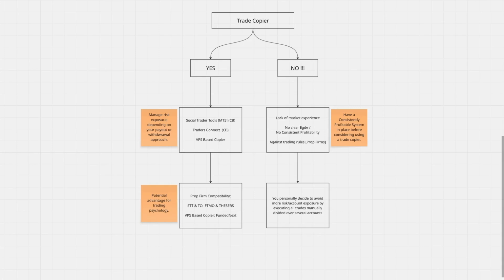I personally trade personal capital on a smaller amount that copies to funded accounts with FTMO, the Fivers, and Funded Next. And for me personally, this system has worked very well and still does. So for those who do decide to use a trade copier, I would recommend taking this approach to just